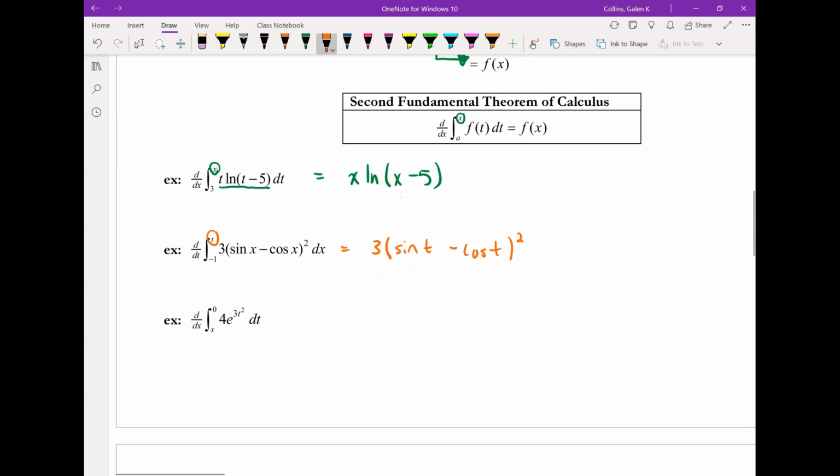All right, the last one though, watch out. This one could be tricky because look at where the x is. The x is on bottom. The x is our lower limit. And in the theorem, the x must be the upper limit. So what we could do first is a reversal of limits. So remember that the reversal of limits would cause us to multiply by a -1. So we would have -1 times